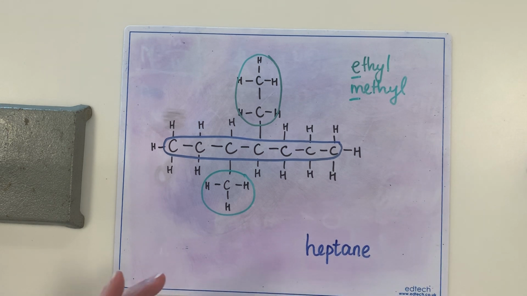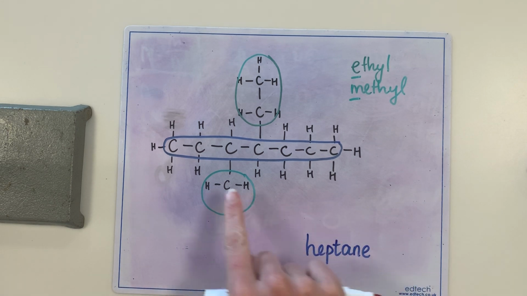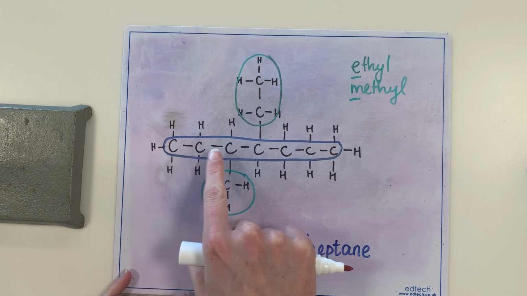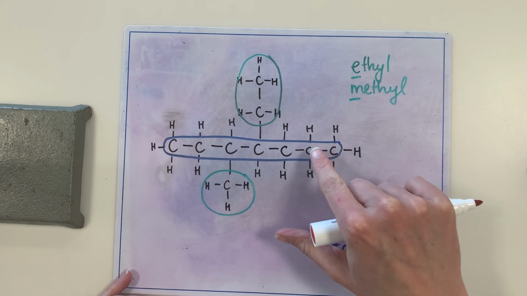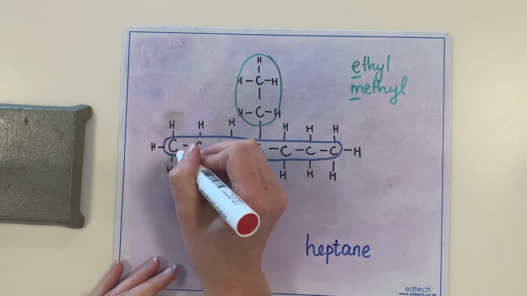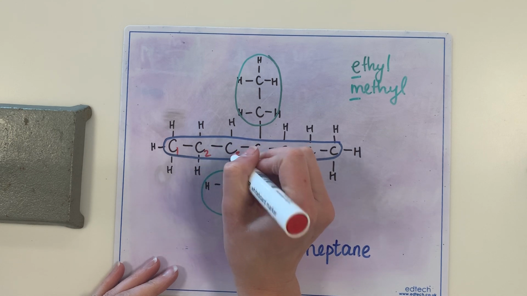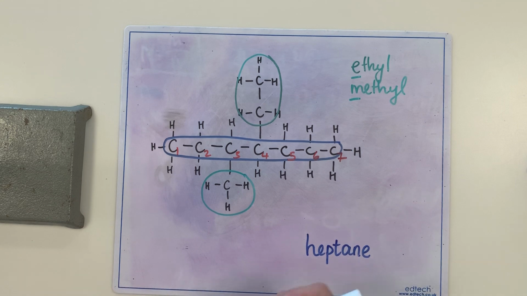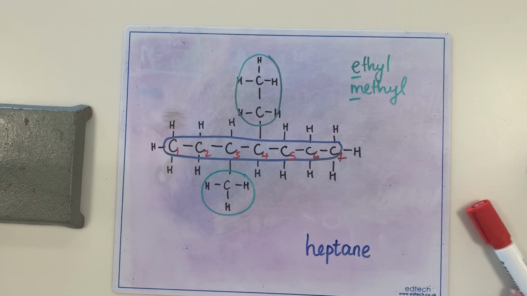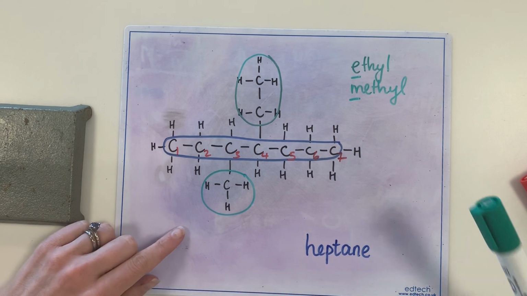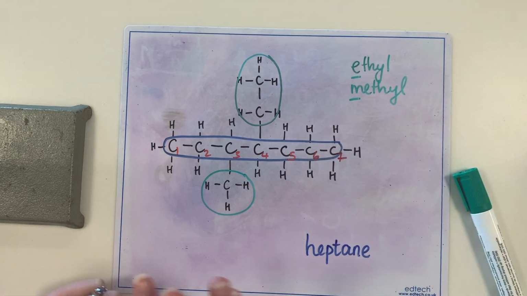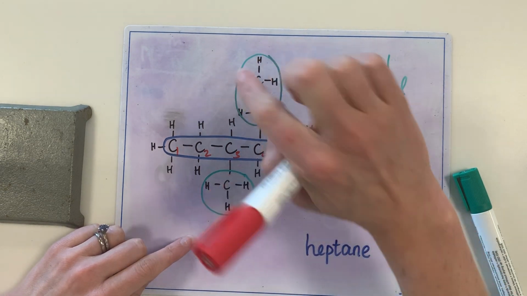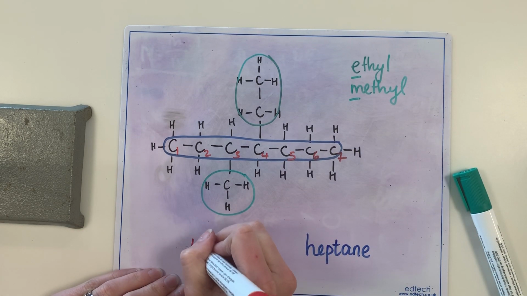And then we look at where they are. Now this one, we can count 1, 2, 3 to our first side chain, or 1, 2, 3, 4. So we'll go in this direction to keep it the lowest number. So we can see that our ethyl group, which we're going to write first because of our alphabetical order, that's on carbon number 4. So we'll write 4